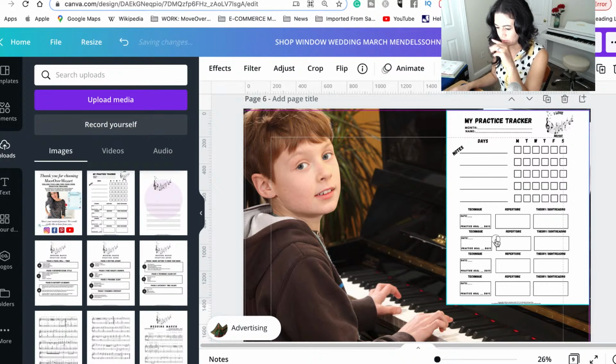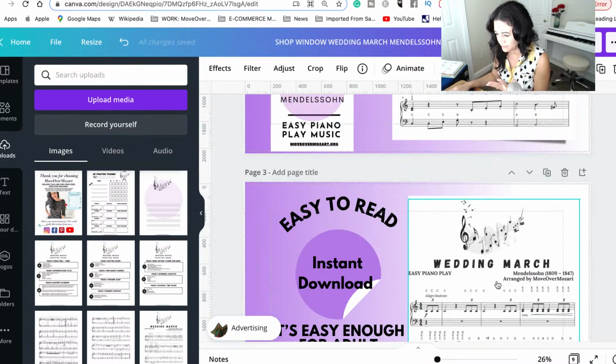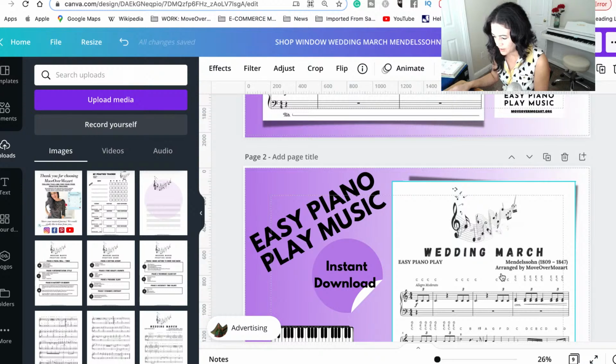Let's add in, because you want to showcase all the different aspects of your product as much as you can. So we've got the note names. We have a full page of the score so they can see it. So this is going to be the first thing they see. Second thing, easy play. I want to say, I think, well,